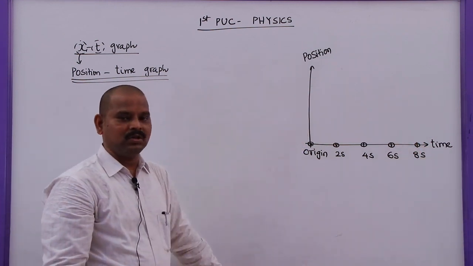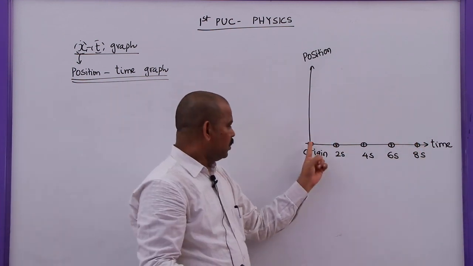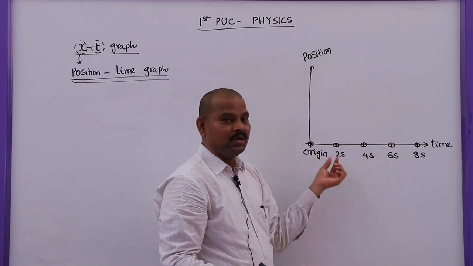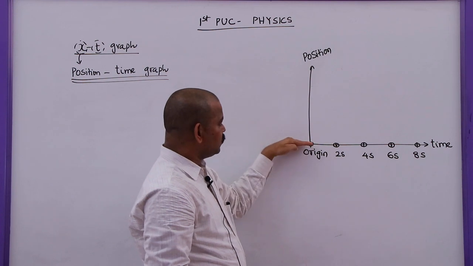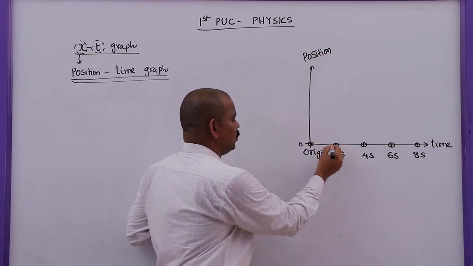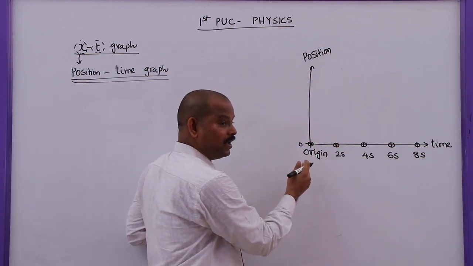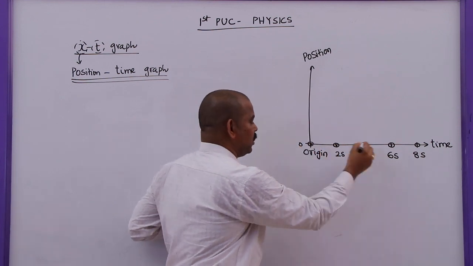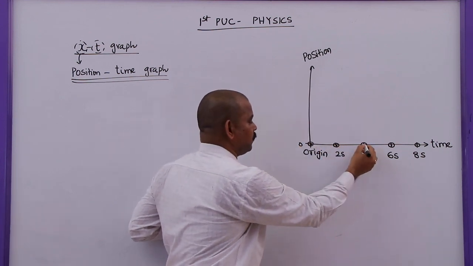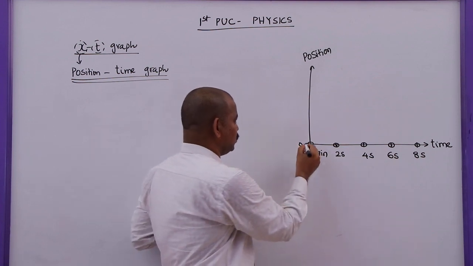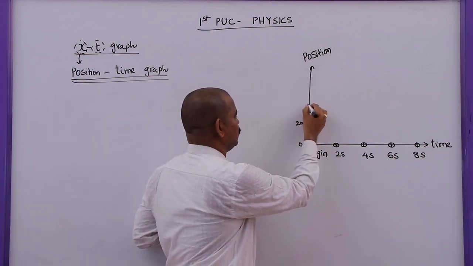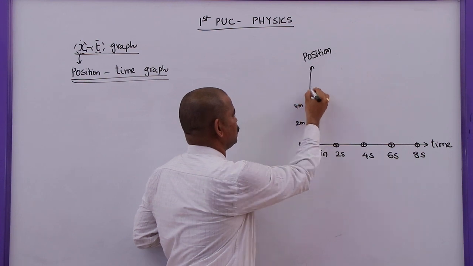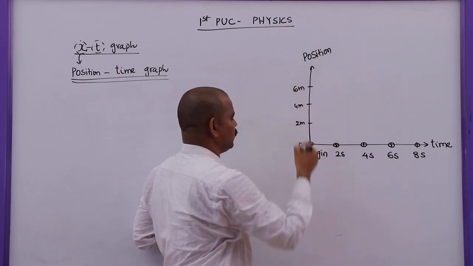So position of the body is not changing. You may think that the body is moving from here to here. No, here time is changing. We are indicating position along this point. Here position is for this 0. For this also position along y-axis or along x-axis. Along this one 0. After 4 seconds, position 0, because this is 0 meters. This is 2 meters. Let us say this is 4 meters. Let us say 6 meters.